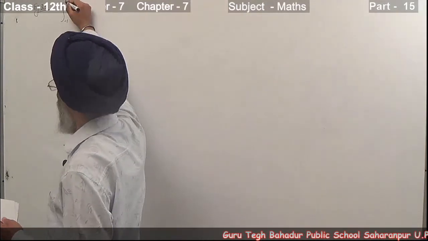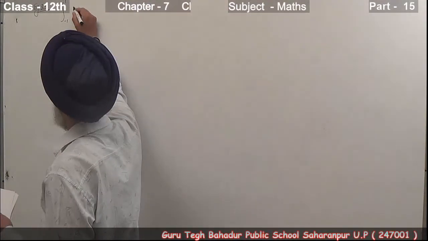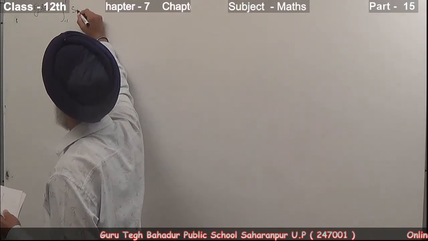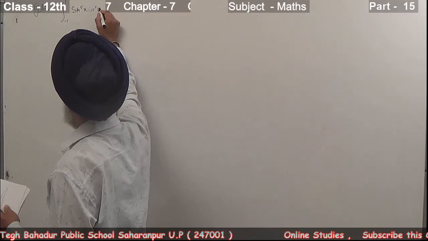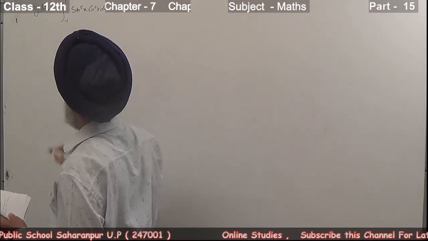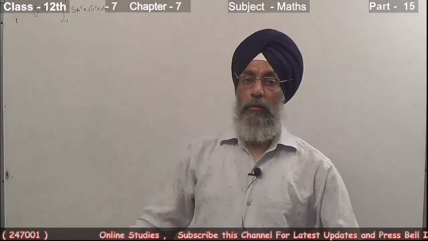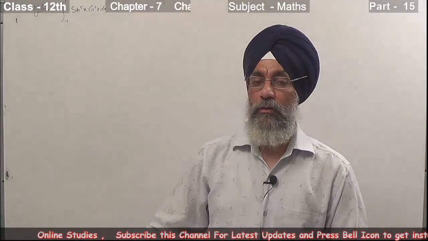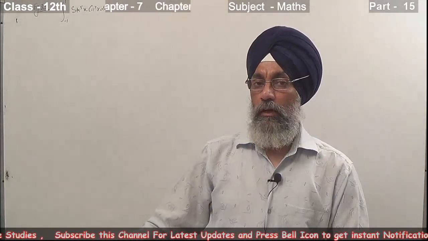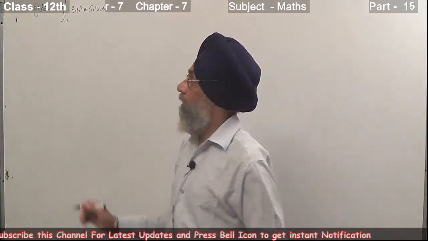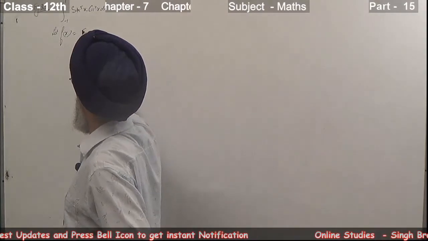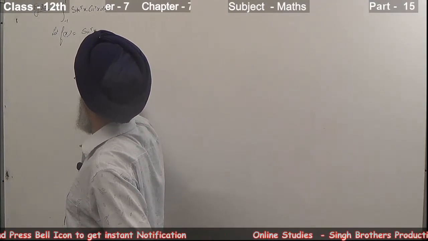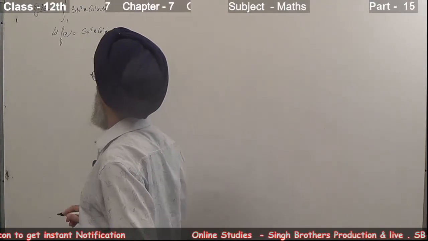It is the integral from minus 1 to 1 of sine to the power 5x and cos to the power 4x dx. We have to integrate it. We have done in the property that the integral from minus a to a of f(x) dx is equal to 0 if f(minus x) is equal to minus f(x). So let us consider here, let f(x) is equal to sine to the power 5x cos to the power 4x.